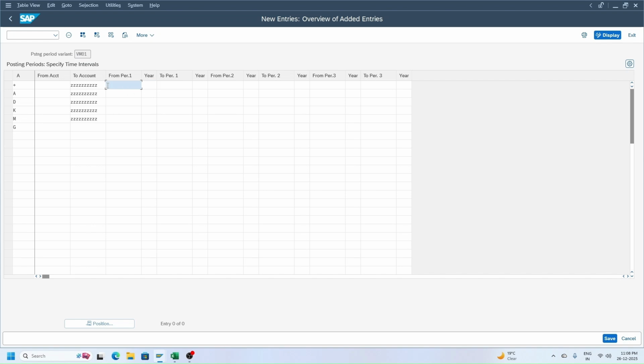So we give 12, December month, to 2024, to period 12, December to December, and year 2025.